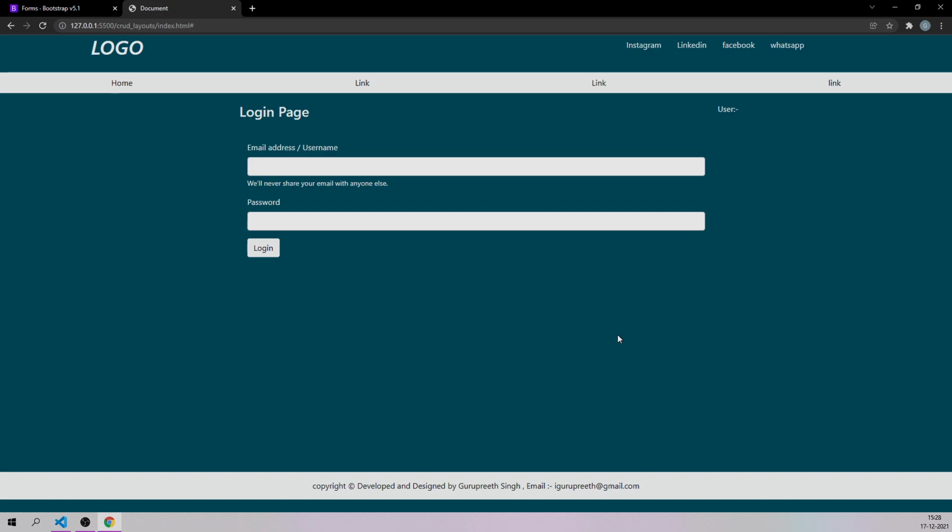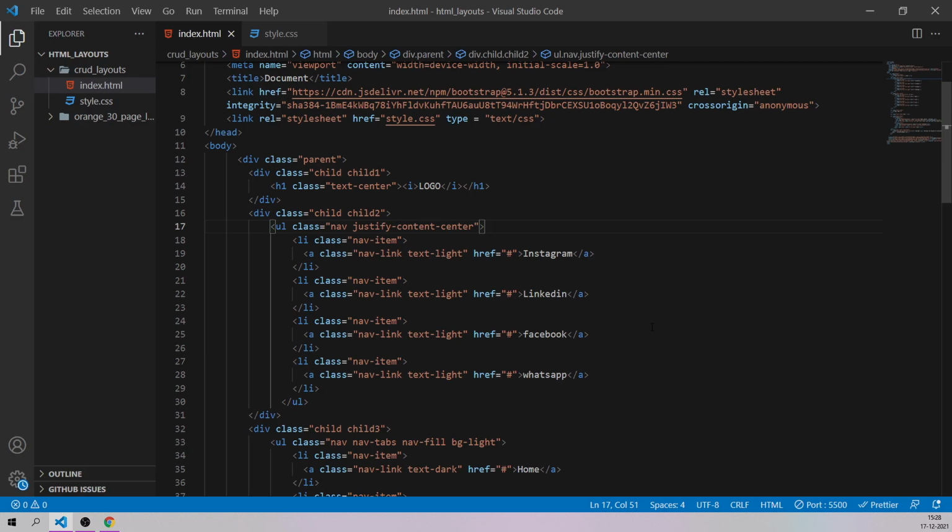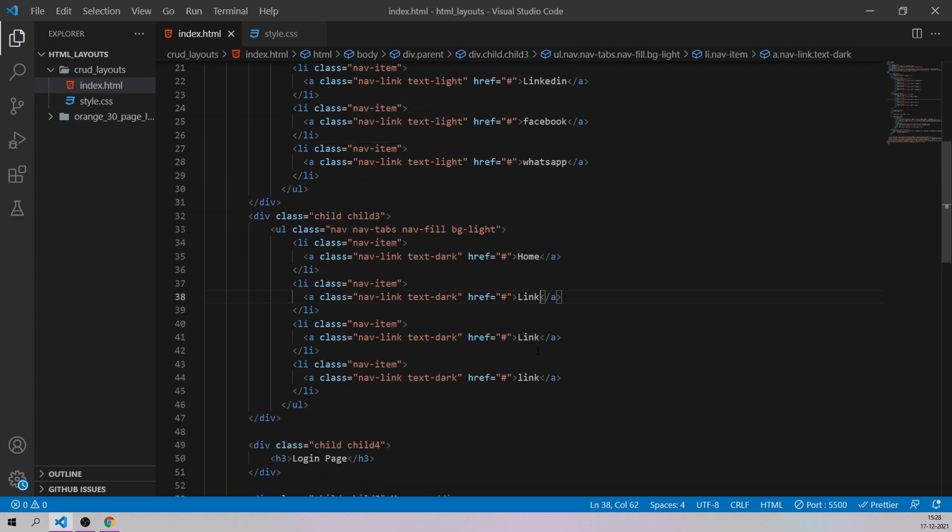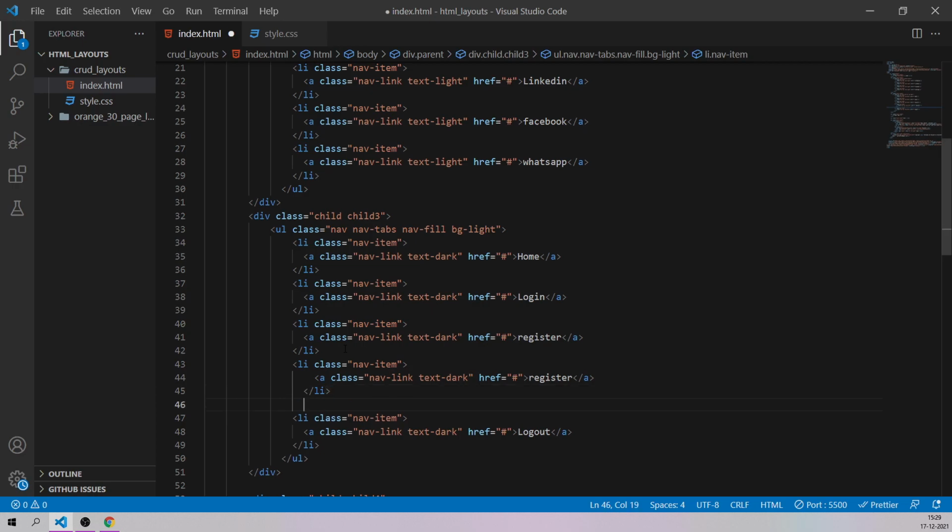Let's go to our HTML page, and voila, our page is going to look like this. Let's change these links to home, login, register, and all those things. Let me go back to our Visual Studio Code, index.html, and here it says home. I want a login page, so let me give it as login, and here I want a register page. That is also done, and for the time being, let me keep this as logout. So we have our logout section like this. And if you want, we can add a few more links, like about us page and all those things.